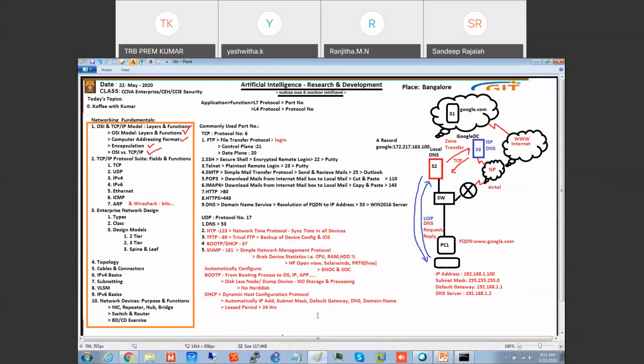Okay, SNMP will grab information. There is another protocol. Let me write down the management protocols here. Many protocols are there, and what we saw now is SNMP. What will SNMP do? SNMP will grab information from devices.